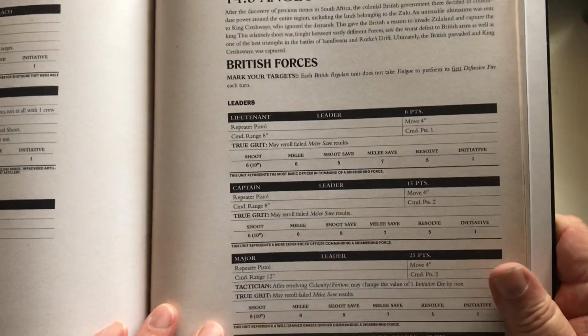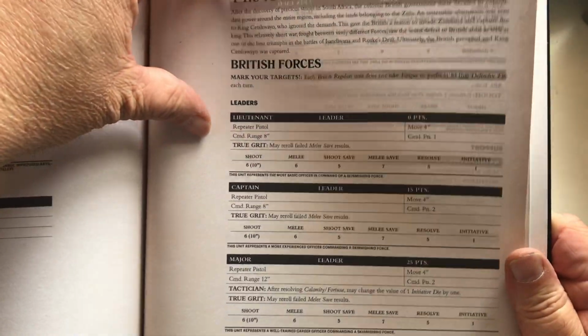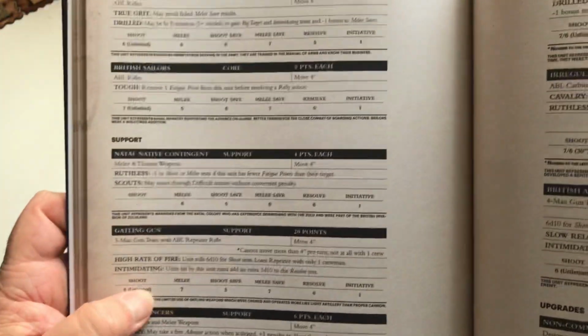So let's take a look at a popular force that most of us are probably interested in. Obviously, I do want to play Mexicans, but let's just go forward. We've got Anglo-Zulu War. A lot of people play this period. Here we've got our commanders, but here we've got our British